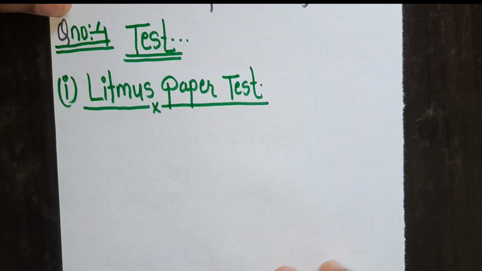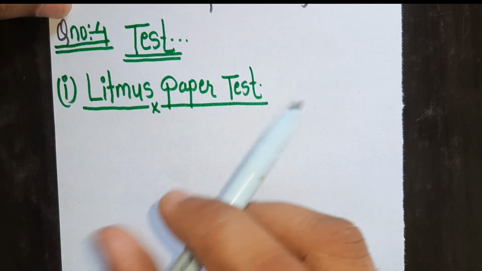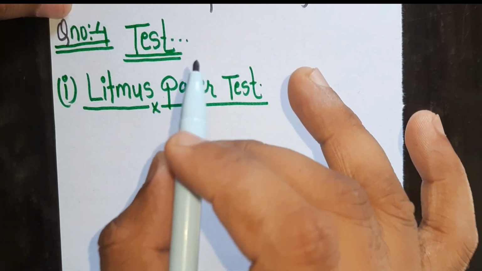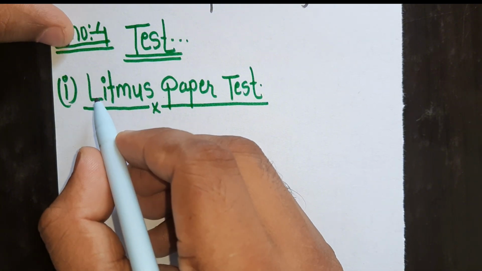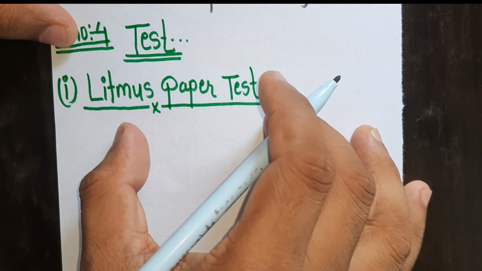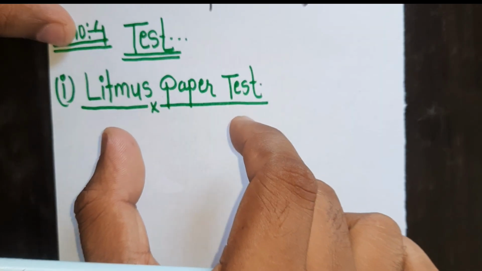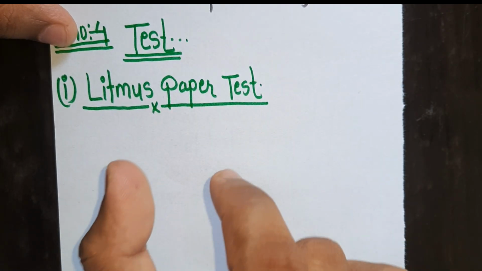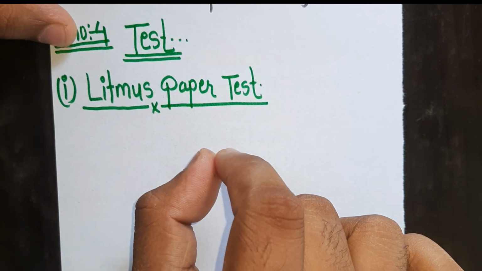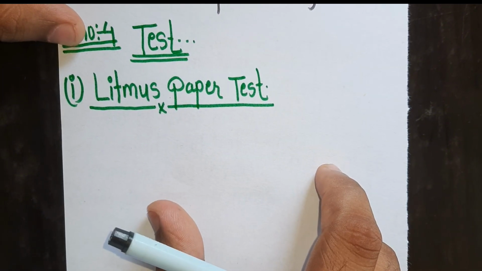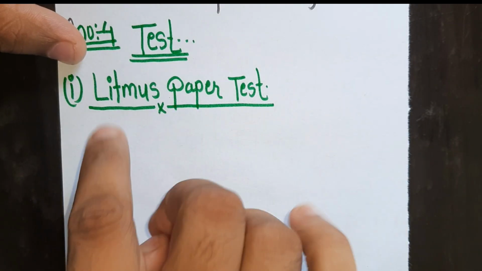Okay, the next topic here is the test. How is ammonia gas tested? How will you identify that the obtained gas in the gas jar is ammonia? Ammonia नै हो भनेर चाहिँ कसरी पत्ता लगाउने भन्दाखेरि, the first method here is the litmus paper test. You must have heard about this litmus paper test if you have watched the carbon dioxide gas video. I have already discussed the litmus paper test in that video in detail, but in Nepali language. Now we are going to deal with it in English. So let's be active. Litmus paper test.